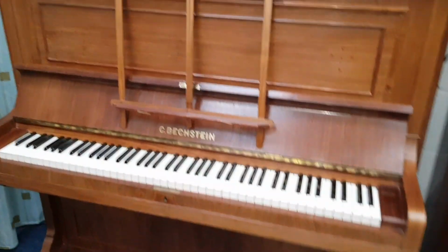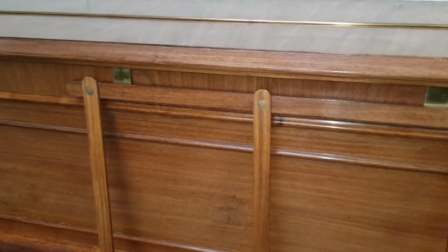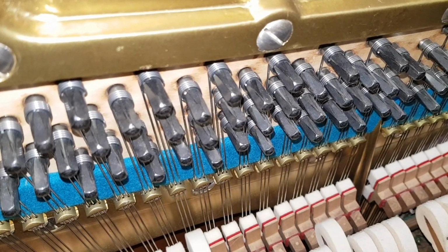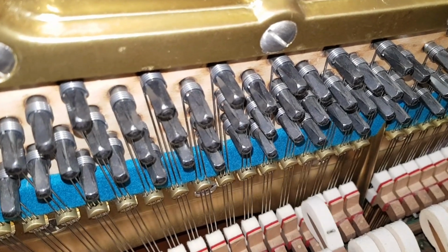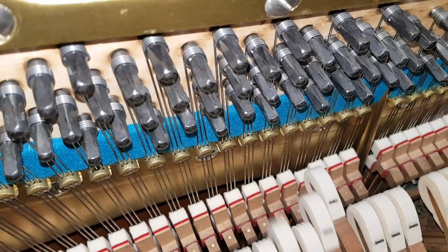Compare that to this Bechstein Model 10, which is a piano that we source very frequently. This one's been fully restored, as you can see. There's another video for this piano. This is a stock piano. And that obviously sounds very perfected, it's got new hammers and dampers and so on, but